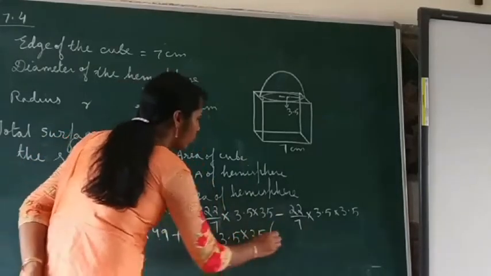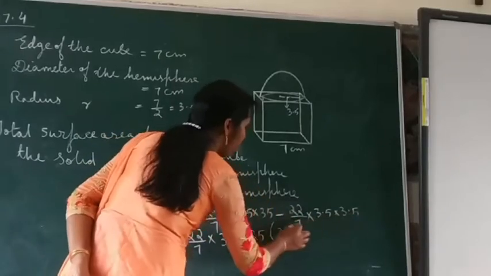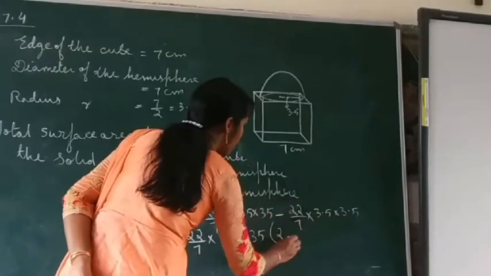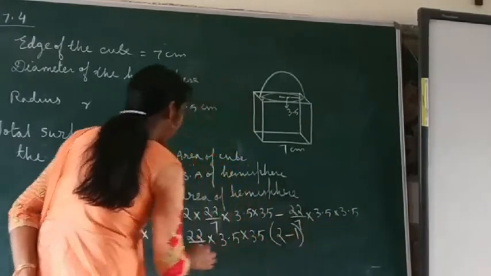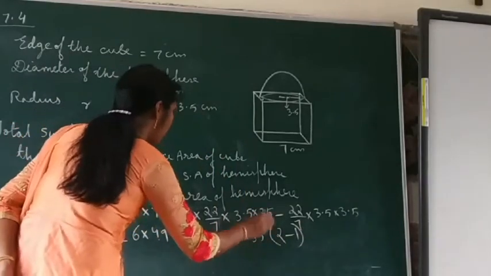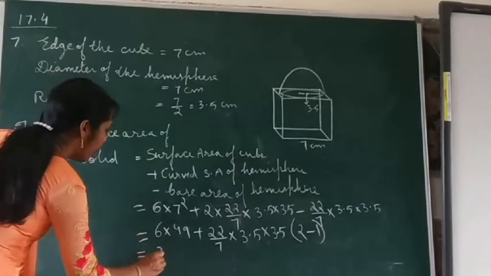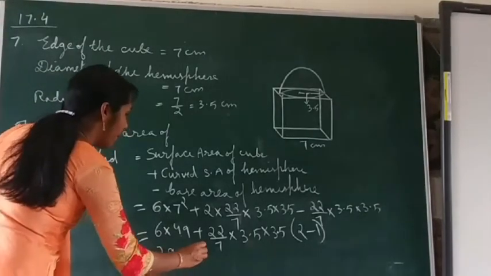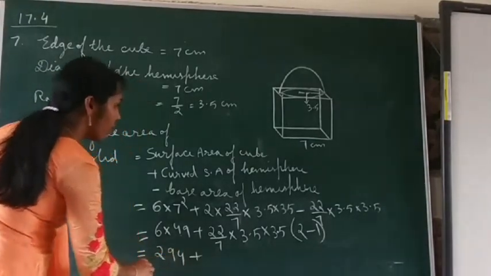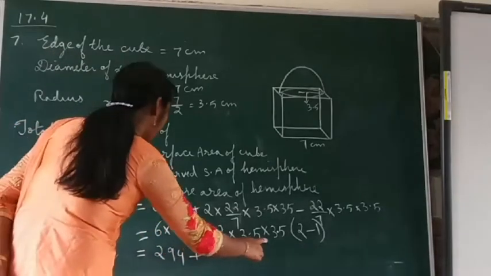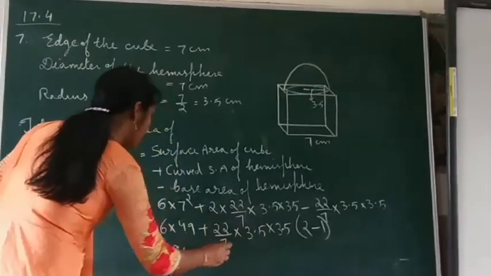Here we have 2, and in this we have taken outside one of these, so we have 1. Therefore, 1 times 22 by 7 into 3.5 into 3.5. So, 6 into 49 is 294 plus 22 by 7 into 3.5 into 3.5. When you multiply this, you will get,